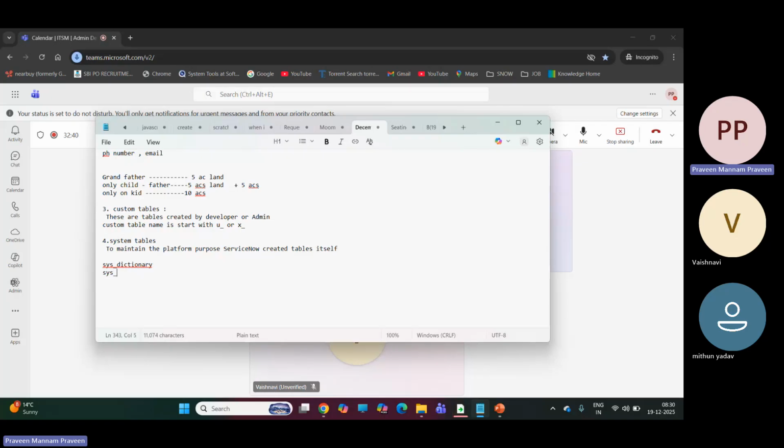And sys underscore journal table. And sys underscore label. And sys underscore db underscore object. This is nothing but the table to store all the tables, this is a table, okay, and